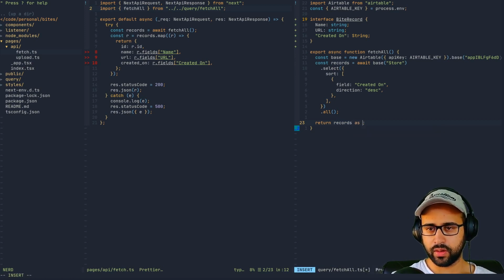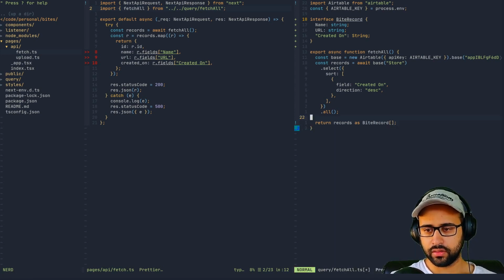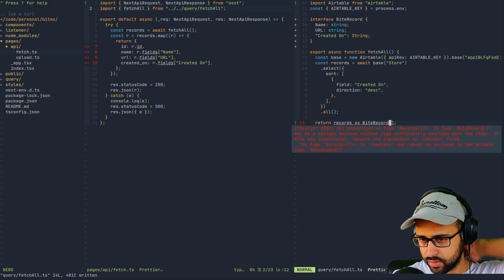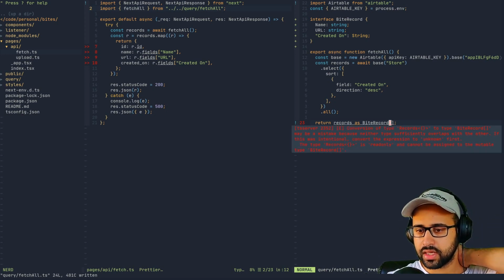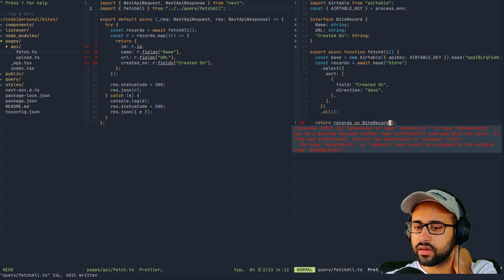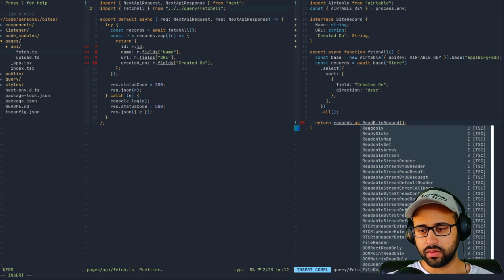What if we do as byte record array? Doesn't let us do that. Conversion of record to byte record array may be a mistake because neither of the types sufficiently overlap with each other. If this was intentional, convert the expression to unknown first. Okay, the type record is read only and cannot be assigned. Okay, so what if I do read only?